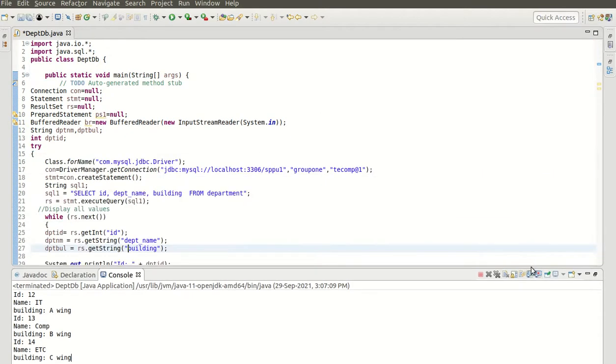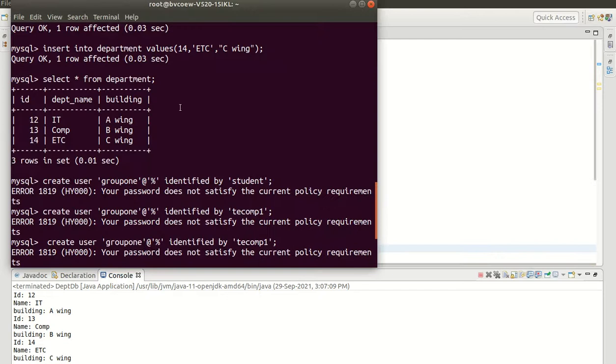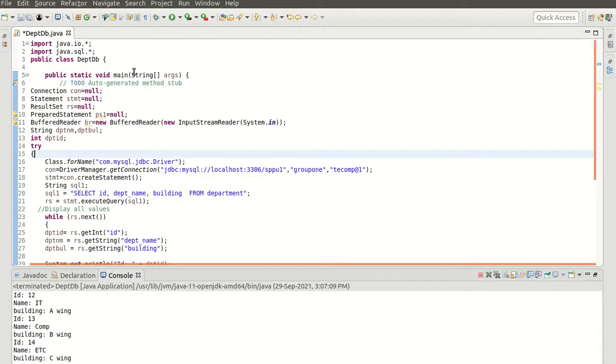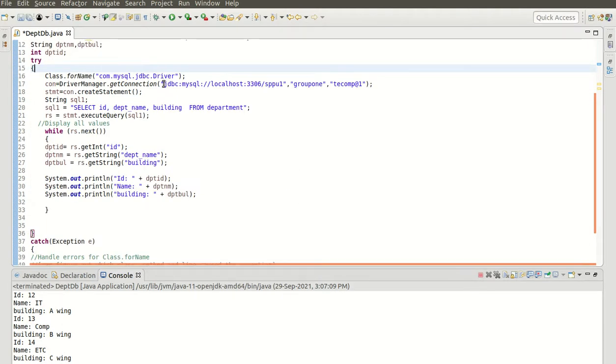Okay, so briefly I will revise the things. First of all, I have created the database in MySQL. After creating the database in MySQL, I have created a Java project. In the Java project I have added the class, then I have created all the objects and the variables, then that is followed by the loading of the driver, opening the connection with the database. I have faced the problem while connecting as root, so I have created another user and password, and I have connected with it.